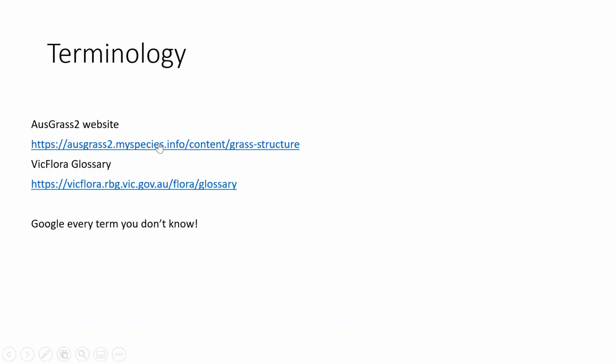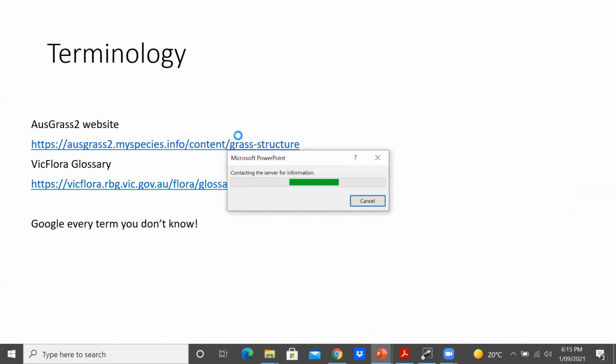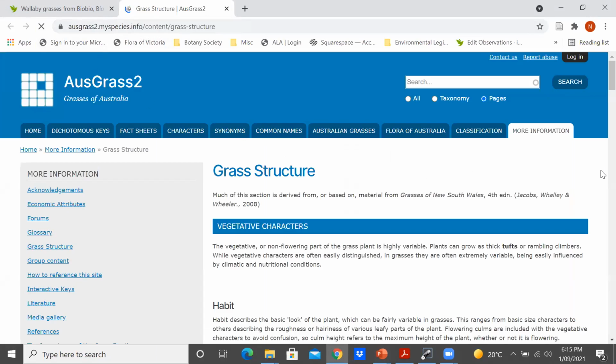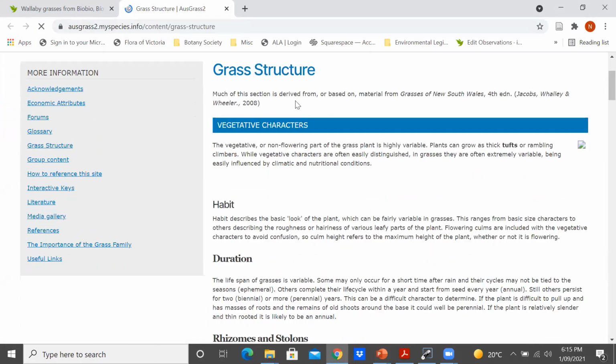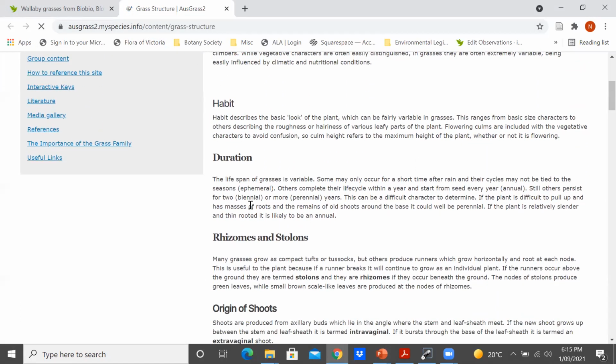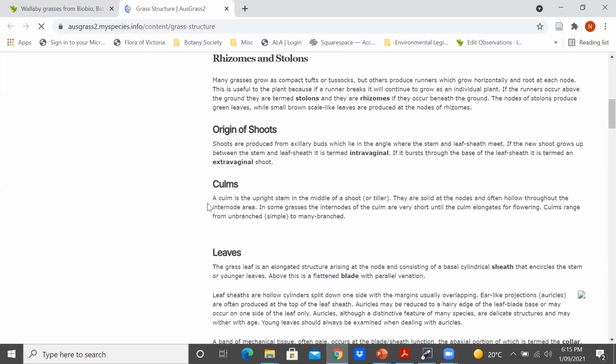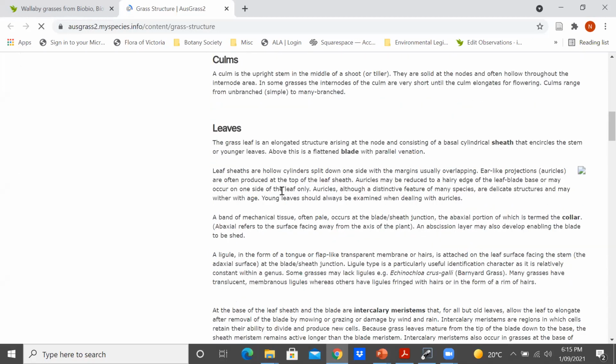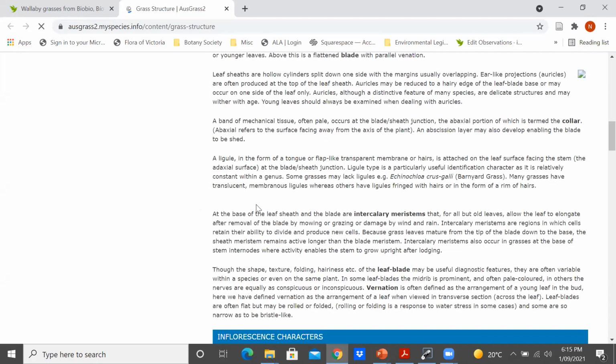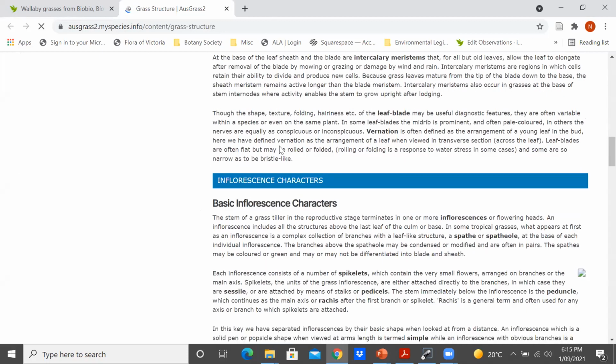So a few different places to go for terminology. There's the Wallaby Grass website. Have a look. Yep. So this page has just a good overview of some of the different terms that are used and a bit of description and a bit more in depth about them. So this is a good website,